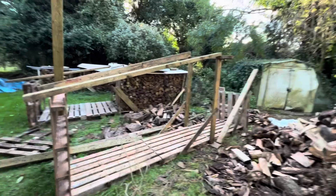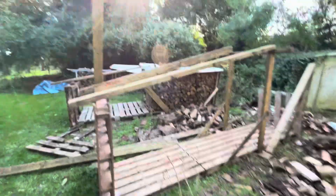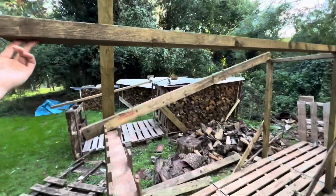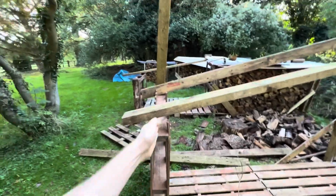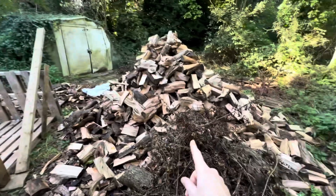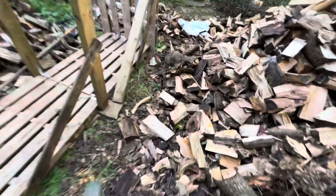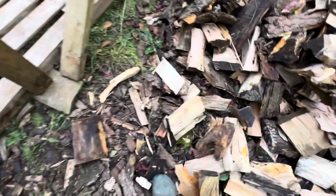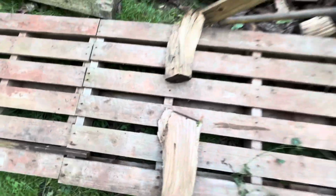But what I think I'll do is I'll stack the wood, see how high it gets, and then if I need to, I might make a taller roof and try and lift these up at the end, and the same for the other side, because there's quite a lot of logs here, and if I double stack them, one, two with a gap in between,